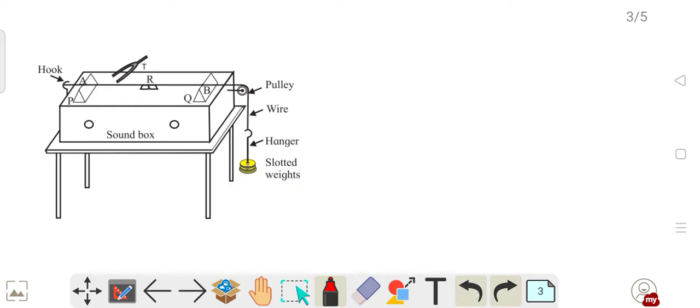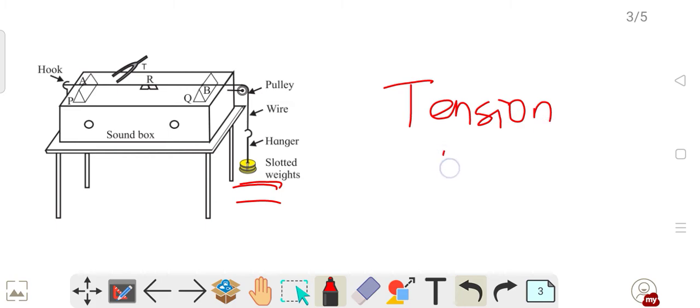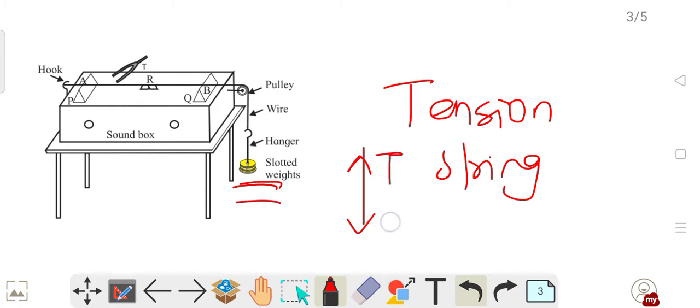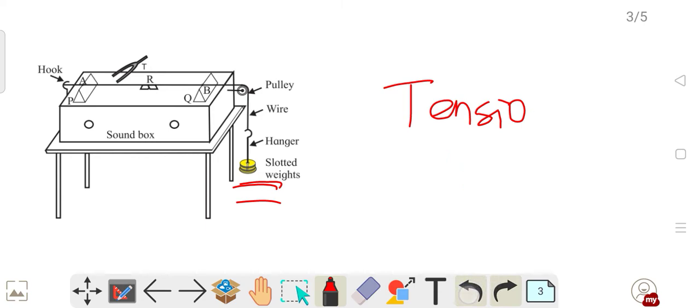So no need to write this, you can just see the figure, you just remember the diagram and you can write on your own. Now what happens, by changing this weight, I can change the tension in the string, isn't it? Because if you see the free body diagram, this is the weight, so T equals mg, isn't it? If it is in equilibrium, T equals mg. So as soon as I keep changing the mg, my T will keep on changing, that is the tension will keep on changing. This is clear.